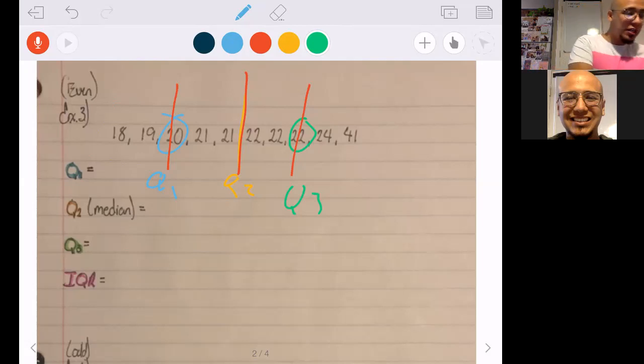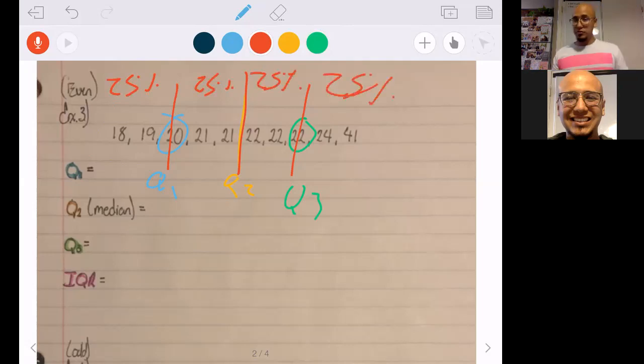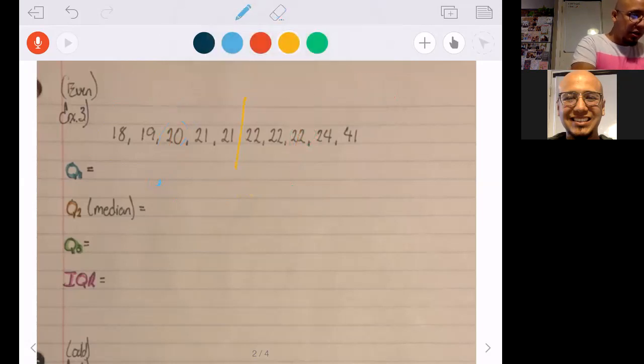So each one of these sections has 25%, or 1/4, of all the data values. So whenever I get my interquartile range, which is the distance, if you will, from here,